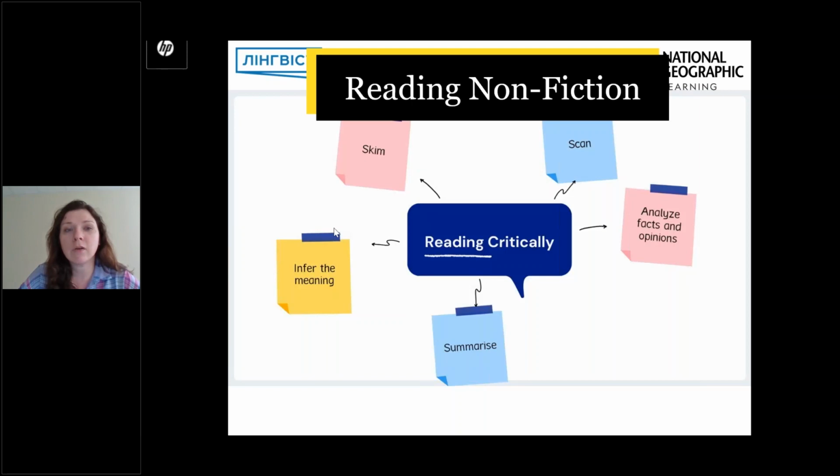Give pre-reading general questions on the topic. It's very important. Before we read anything, we need to understand what our students know. We need to ask them different questions so they are more motivated to read the text. And creative thinking. Very good point, Olga. Thank you very much. So reading nonfiction helps us not just to read critically, but also creatively. I like your point, but today we are mostly going to look at these critical things.